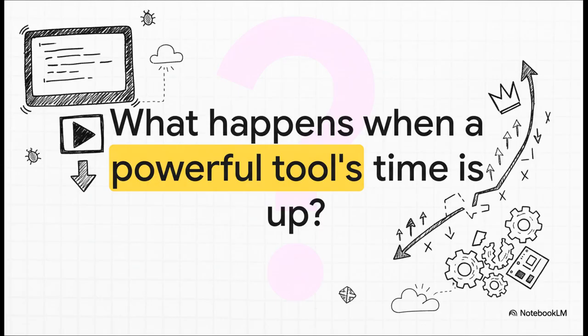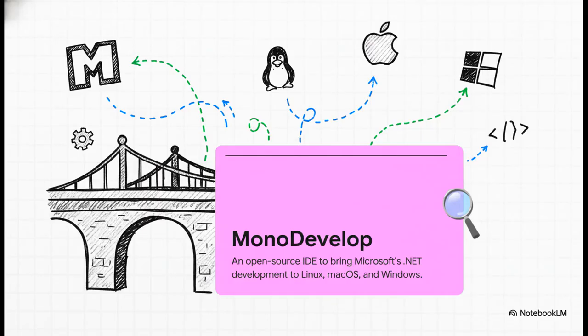It's called an IDE, an integrated development environment. And this one, well, it truly changed the game for thousands of developers all over the world. Okay, so first things first, what was MonoDevelop? You can think of it like a bridge. It was built so that software developers could use Microsoft's super powerful .NET framework, especially the C# language, but do it on their own terms, on whatever operating system they liked, not just on Windows.